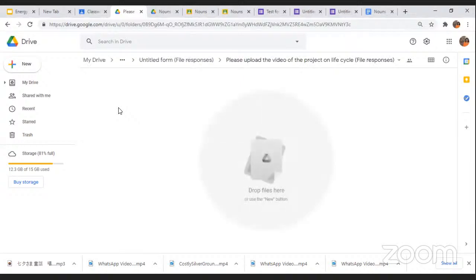All the files that your students upload will go here with the name. And there will be a link in the form. If you go to your Google Sheets where you have the form responses, there will be a link for each student, which will take you directly to this particular